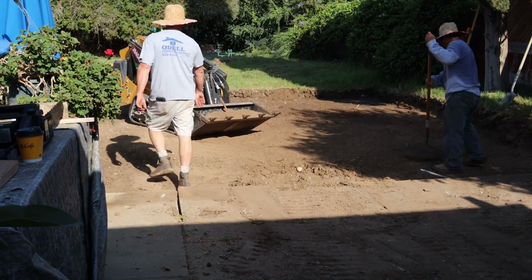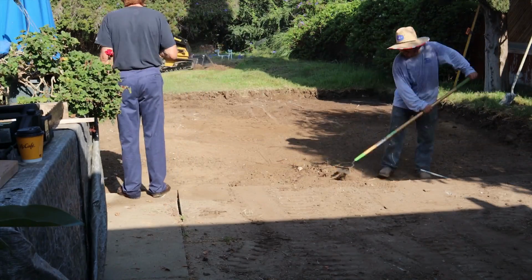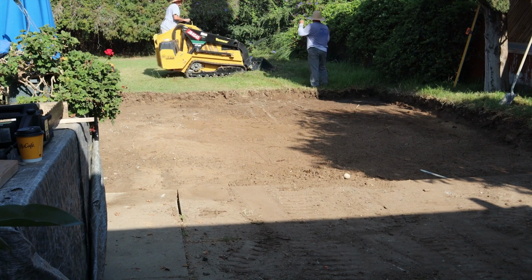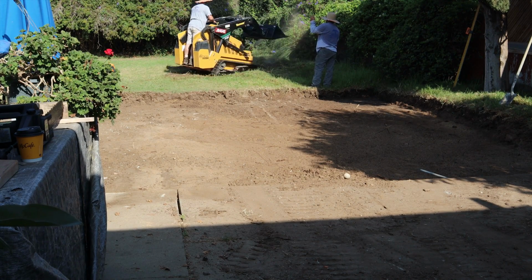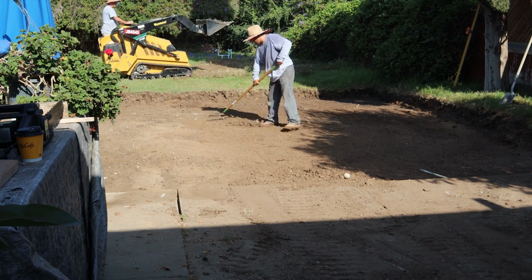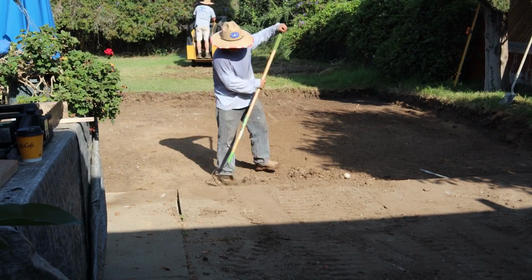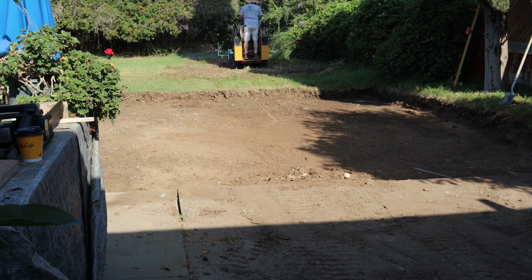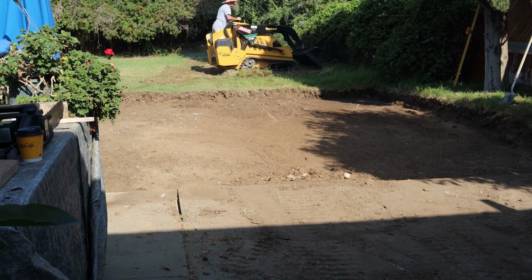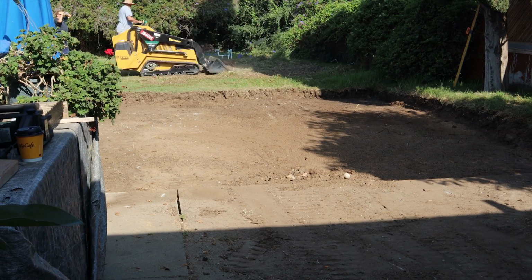So once we got all that sod out of there, the beauty of it was this ground was really nice and tight. And what I like to do when I'm doing an excavation where I know I'm going to be pouring concrete on it, which I do quite regularly, as you know from watching some of my videos, is make my cuts perfect, not overcut. Undercut's okay because you can always go back through, run it, and drop it down another inch, but I never like to overcut because once you disturb native soil that's been sitting here for 40 years,